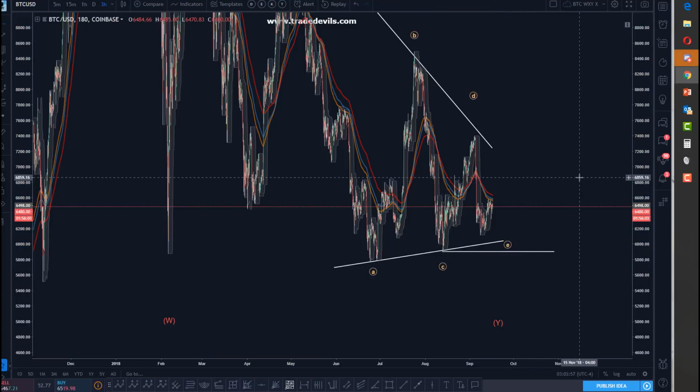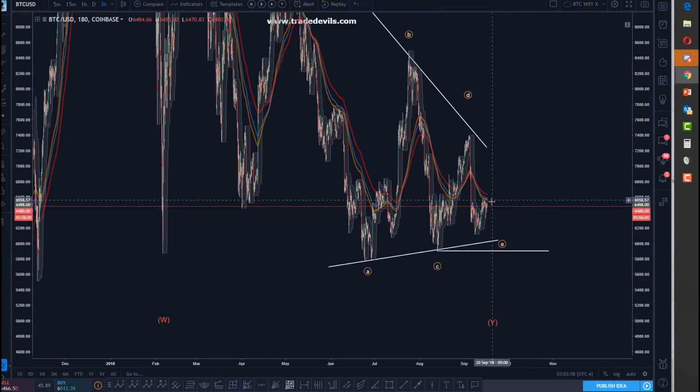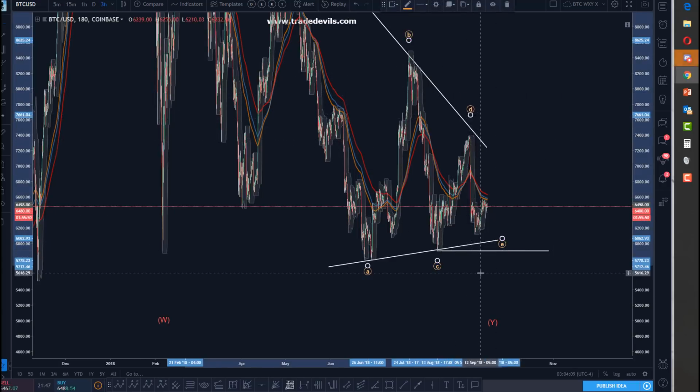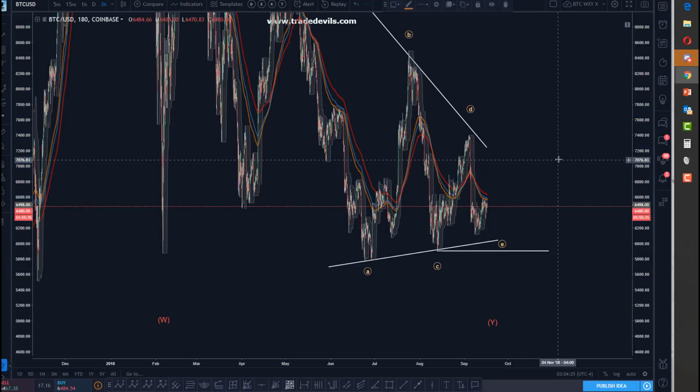So what kind of ratio for a C leg would have you come down here without invalidating this as a D? A, B, C, D up here, and E down. You'd have to have this huge retracement up of this E, if this is A, B, C of an E, and then like a 50 to 61.8 ratio between the A and the C, which is not really that standard for a zigzag.